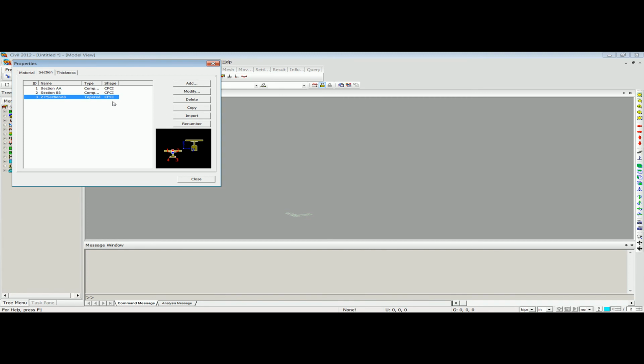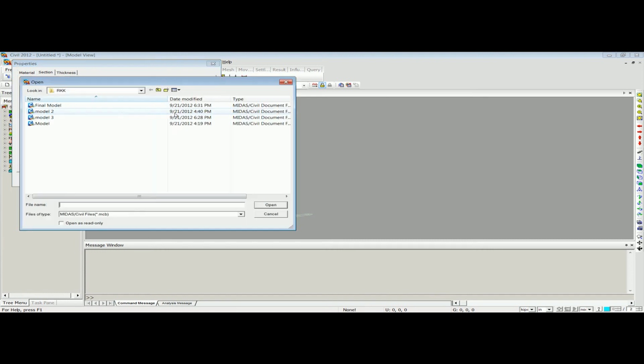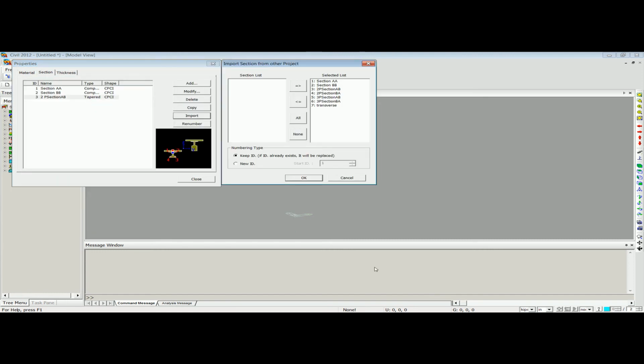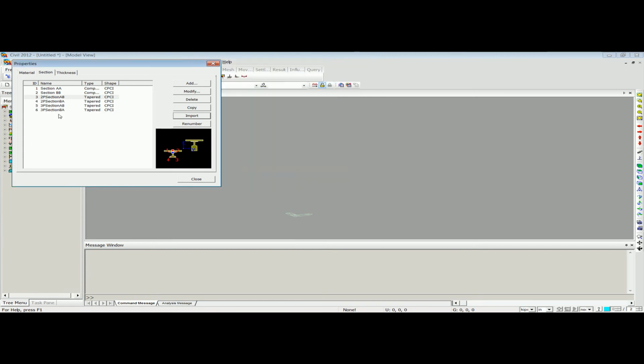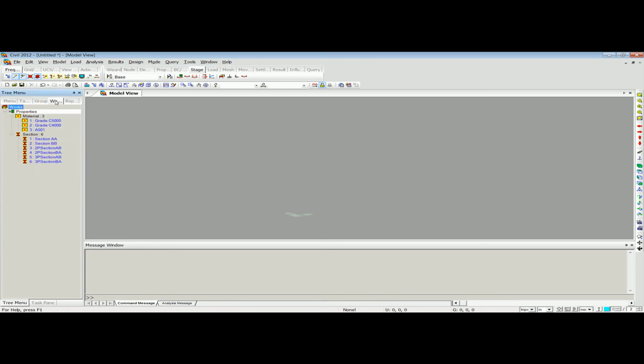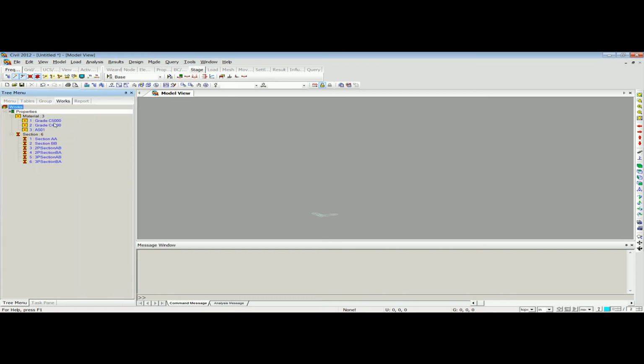So this is how you can create other sections in Midas Civil. So I'm just going to import all the sections. So this is how I have imported other sections. We have section tapered from A to B, B to A for the first pair, and same thing for the second pair. So when I go to the works tree now, you can see that we have 3 different materials